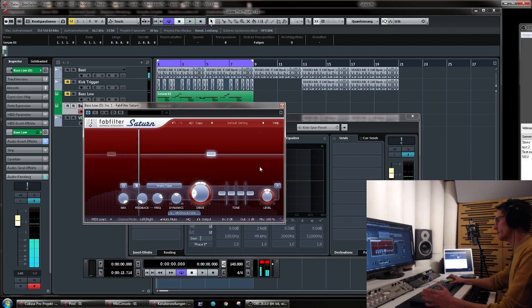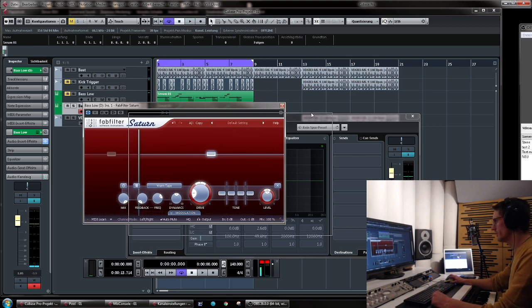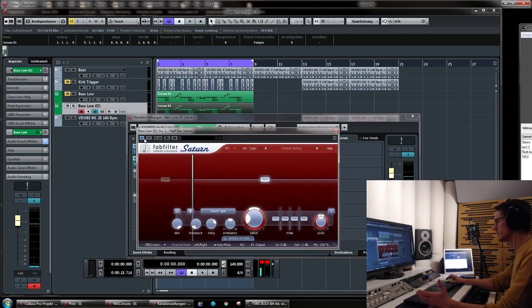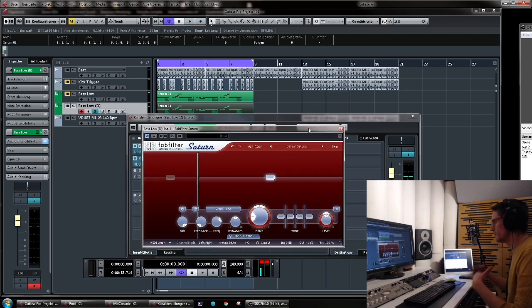What I'm gonna do is I create a nice sub bass just out of a saw wave, filter the saw wave, and try to distort it a little bit, give it some harmonics to make it more fat, to make it stronger, warmer,